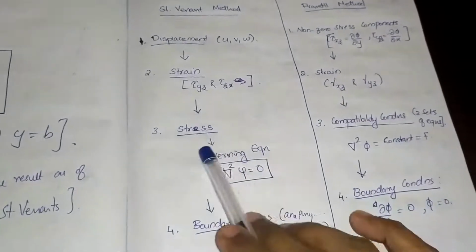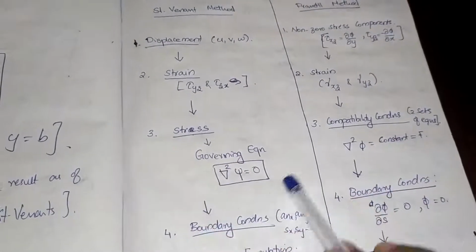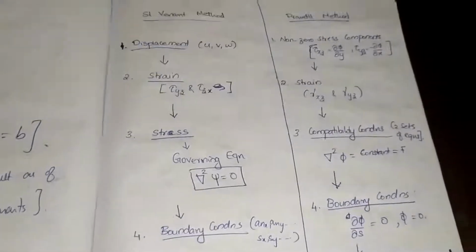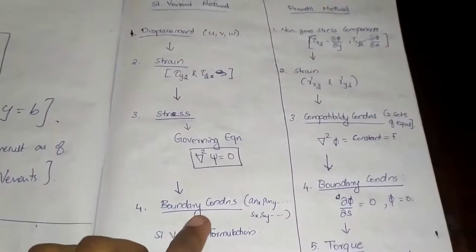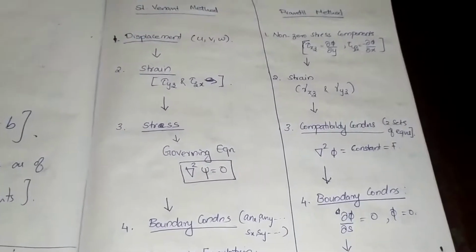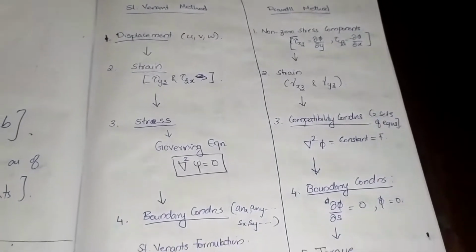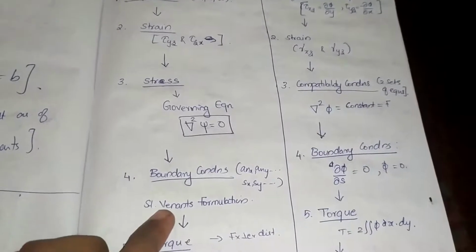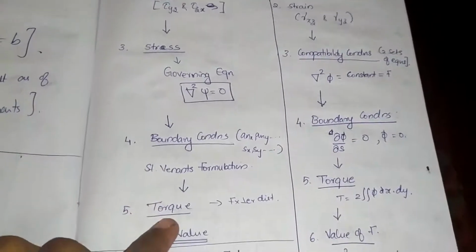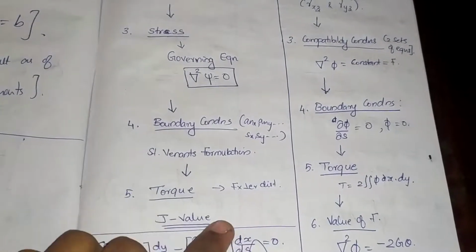From that we derived the governing equation del square psi is equal to 0. Now applying the boundary conditions, with nx, ny, nz, you will get the Saint-Venant's formulation. From that you will find the torque, which is nothing but force into perpendicular distance,